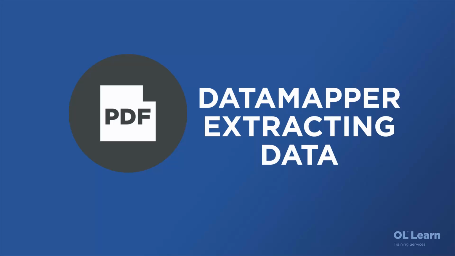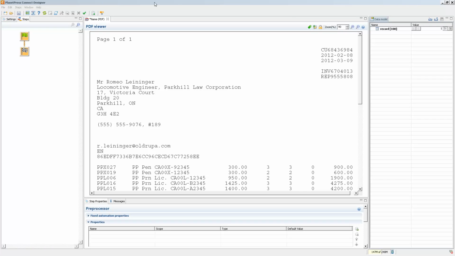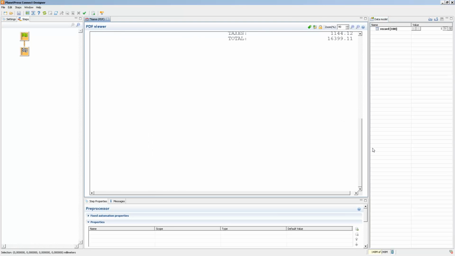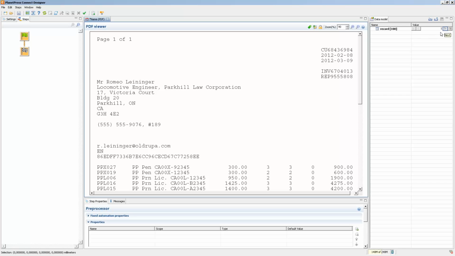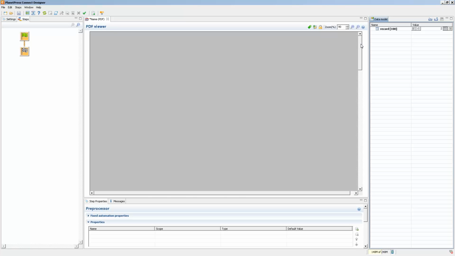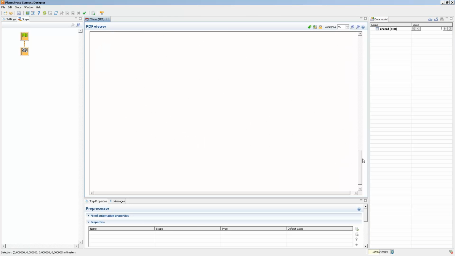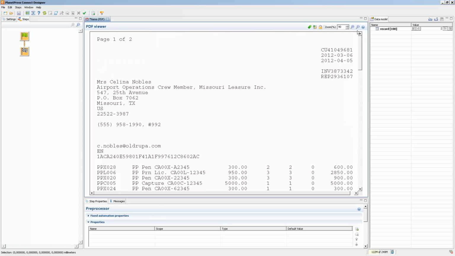So here we have a PDF data mapping configuration with the boundaries already set. My first source record has one single page, and my second record has 2 pages. As far as data mapping is concerned, it makes zero difference whatever font, whatever spacing, and whatever icons and colors you use in a PDF. So it can be as dull as this one, or it can be as flashy as any invoice you receive